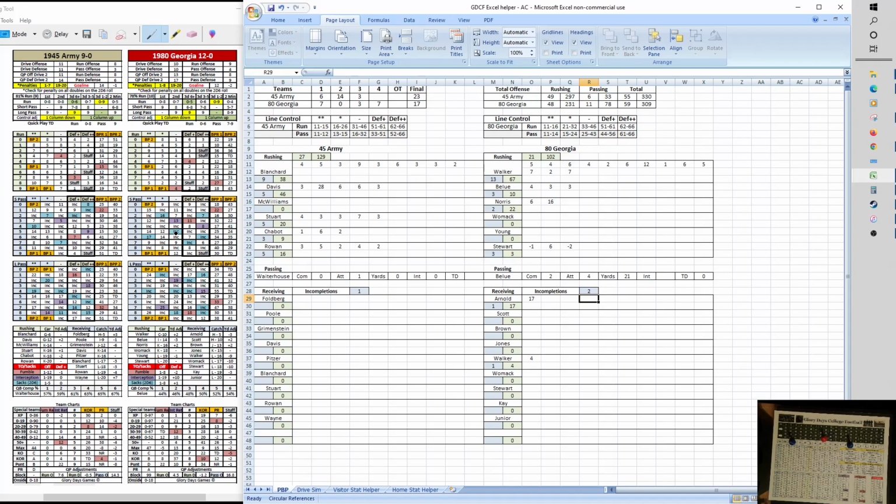And again, for the sack, it has got to be 8 or less, and Blue is going to be sacked. And that's going to be a 10-yard loss. So Buck Ballou, and that's going to make it 4th down and 17, and we're going to get to see a Hail Mary